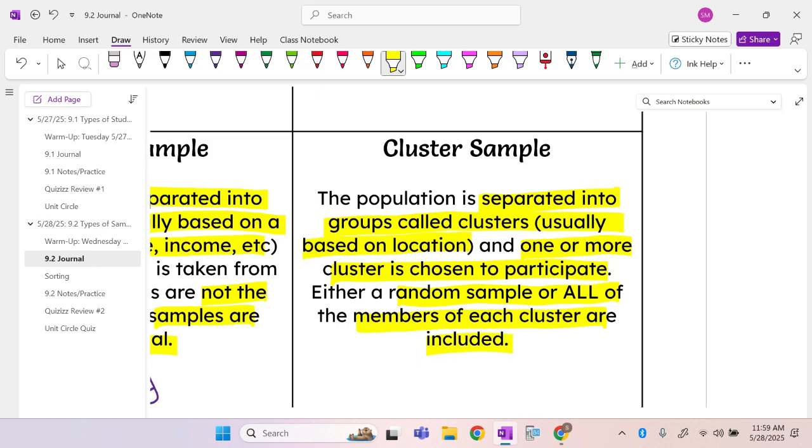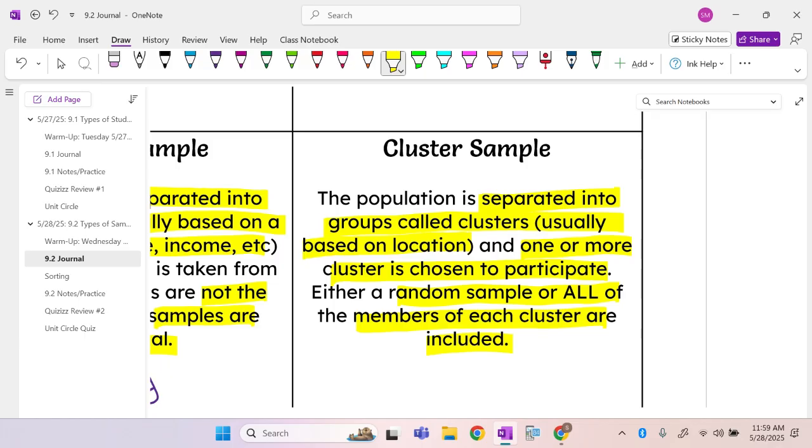So the best way I could describe this is y'all's Chrome rooms, all right? For Chrome rooms, they're all separated by grade level. So you would have seniors only in one Chrome room, freshmen only in another Chrome room. Let's say I'm doing a sample just across the school again with Chromebook usage. I would say, okay, let me just randomly select 7 Chrome rooms in the school